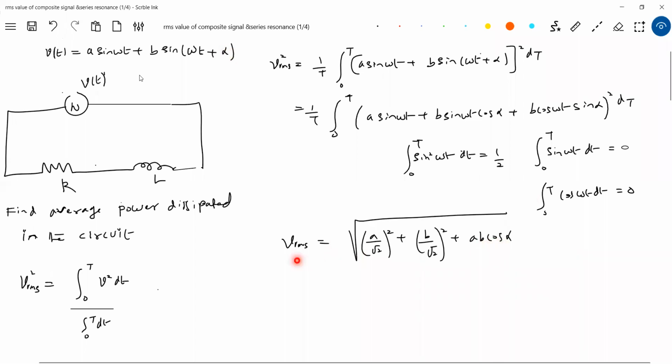So we got VRMS. What about the phase angle of this? We only got the magnitude, no phase angle. I think it's very difficult. We can't predict the phase angle. How can we say it will have zero phase? So what is the alternative method? We'll go for